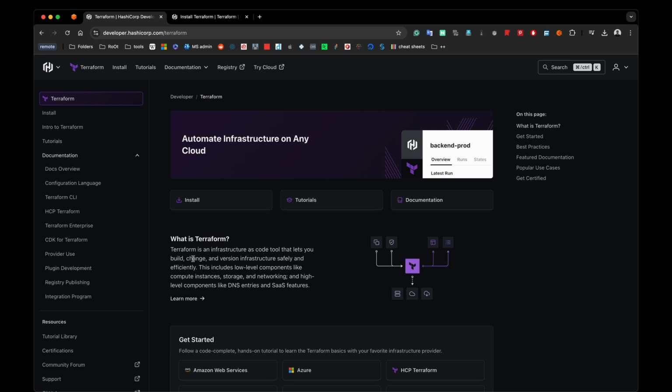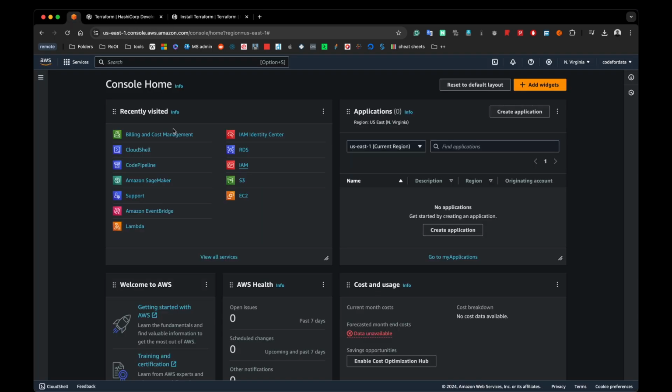So what does it mean? Let's say you have been using a cloud service, for example AWS, GCP, any of it, and every time you have to go and manage your resources through the cloud consoles. So basically you have to go to your AWS account, and from there you have to go to the services, and then probably, let's say if you want to destroy some resource, you have to go there and manually